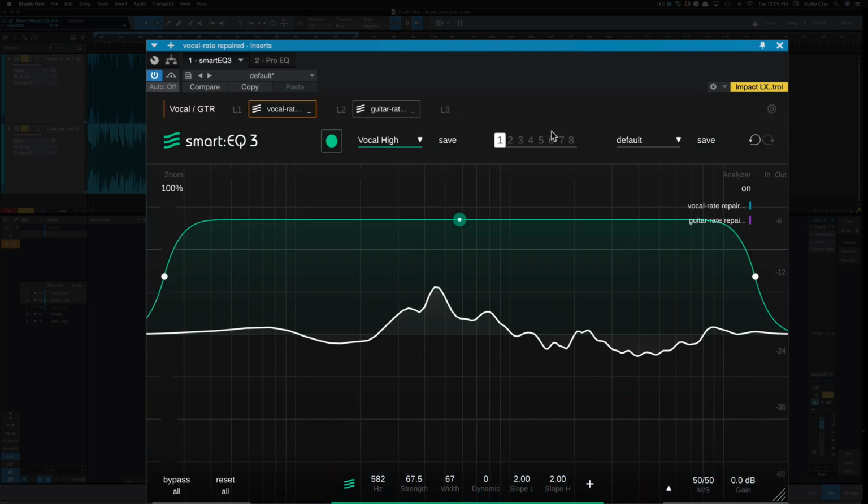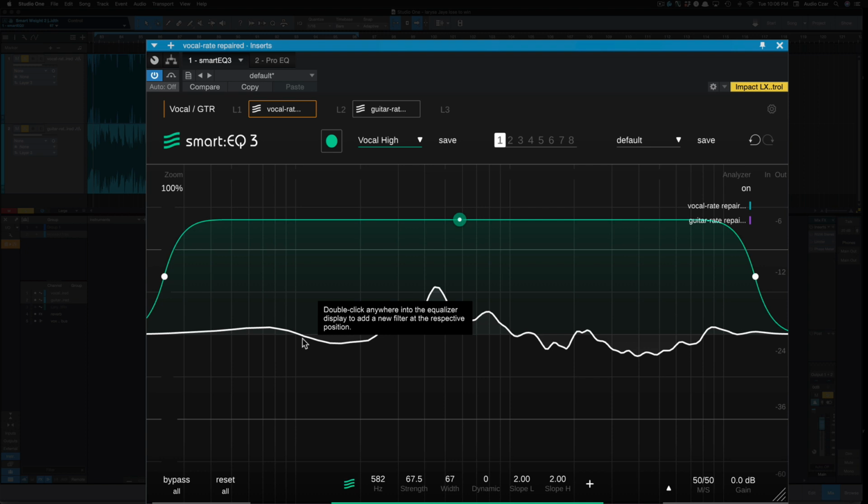Okay, so I do think that the Smart EQ3 sounds a little better. It is pretty subtle to me. And one thing that I've realized that I don't like about this is I can't see what the smart filter has done. Going across the bottom here, as pretty much every other EQ plugin has, is your frequency range from 20 hertz up to 20K. So we see we have a dip here, but I can't look at this and tell